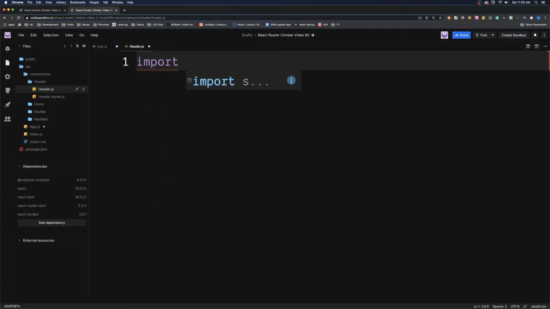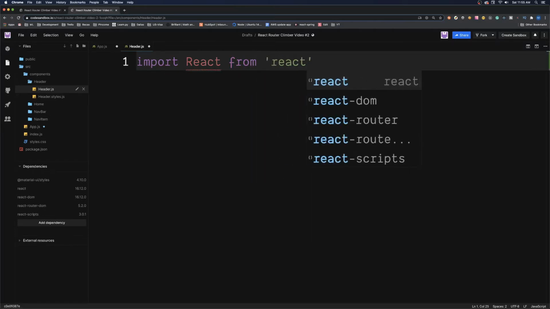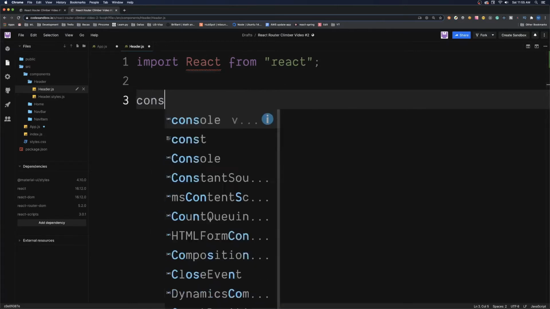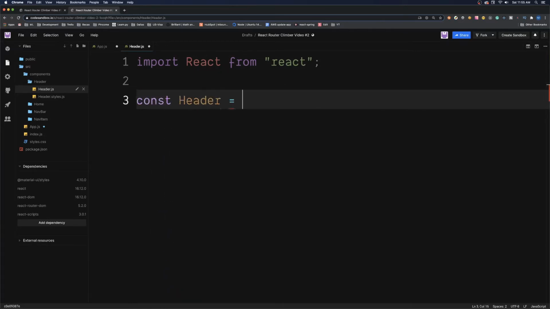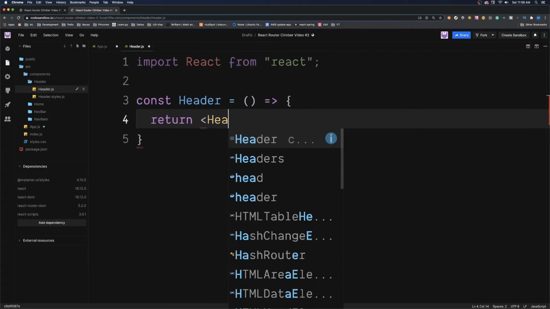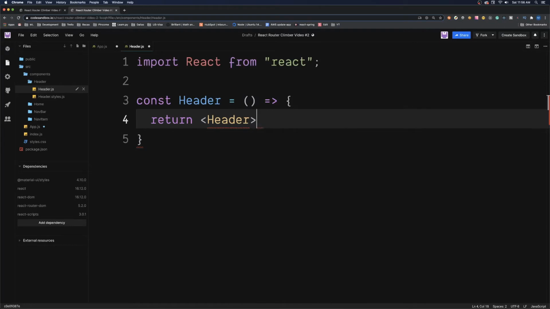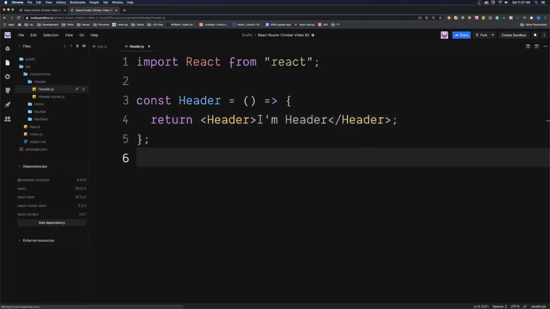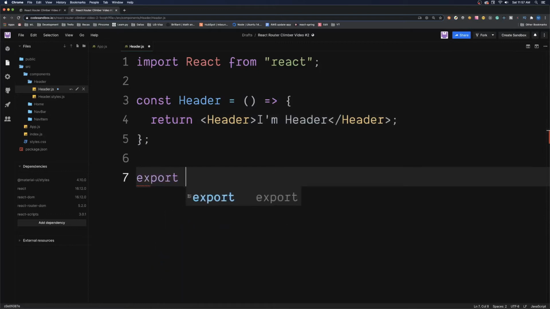So I'm gonna say import, and we have to import React with capital letters from React, that's lowercase. I'll create a constant called header, which is gonna be our functional component, an arrow function, which for now could render or return a header tag, because this is a header and we want our HTML to be semantic. I'll close the header, and I'm gonna add a piece of text inside that says I am header. Finally, we have to export this header, so I'm gonna say export default